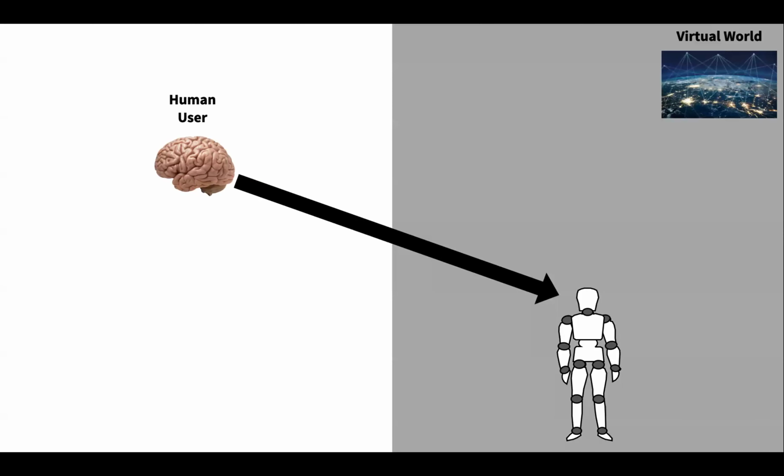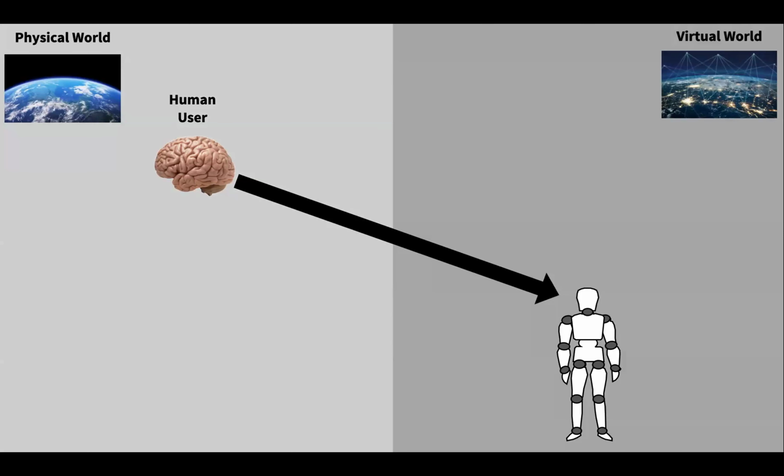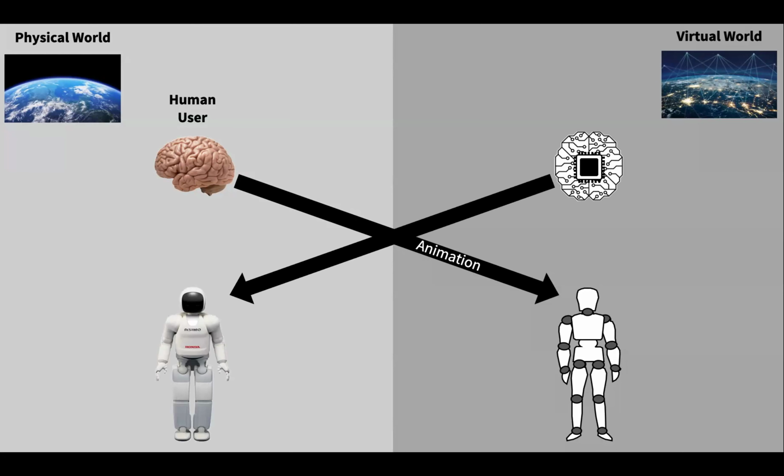So half of my lab is interested in this little character here. This little character knows how to move by itself, but it doesn't really have a brain. So in fact, it always depends on a human brain to give this little character a command. So you can imagine that this little character has its body that lives in the virtual world, but its brain lives in the physical world. And the other half of my lab is doing exactly the opposite. We build a physical body, and that physical body is driven by a virtual brain, and we call that robotics.